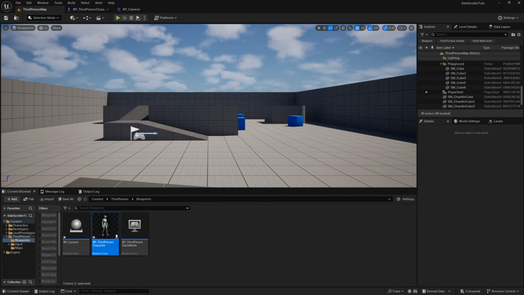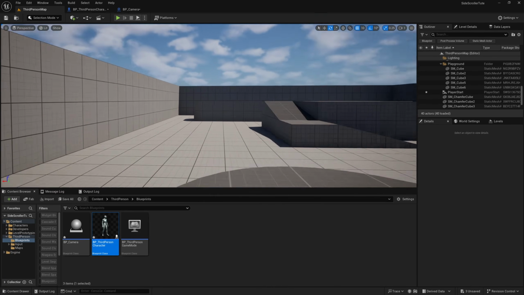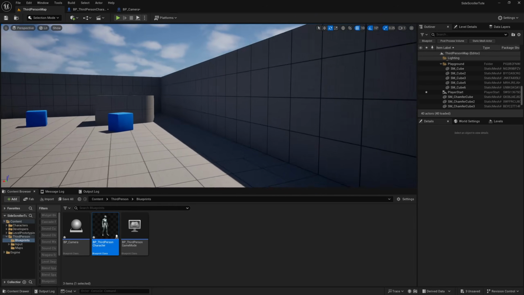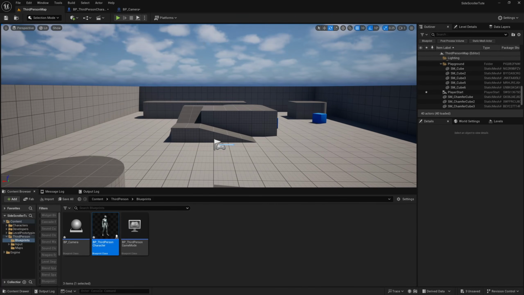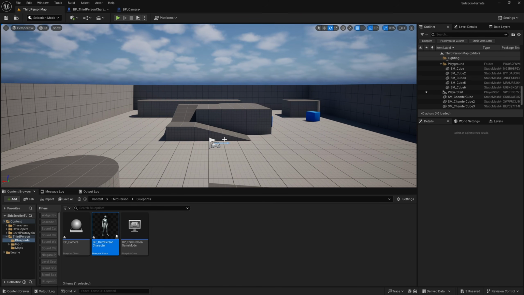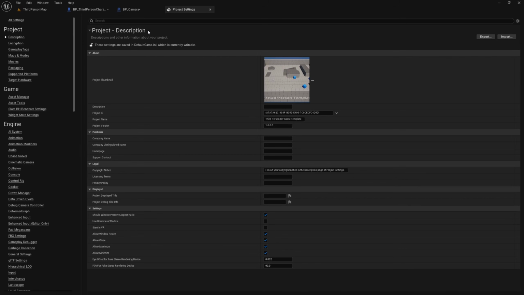Now I'm going to do this with line traces on two different trace channels, so that we can have a bit more control over what happens when we go to the left versus when we go to the right. It might seem a little bit complicated, but this is the best way that I've found to do this procedurally. So what I'm going to do is go to Edit and Project Settings, and I'll search for Trace, and